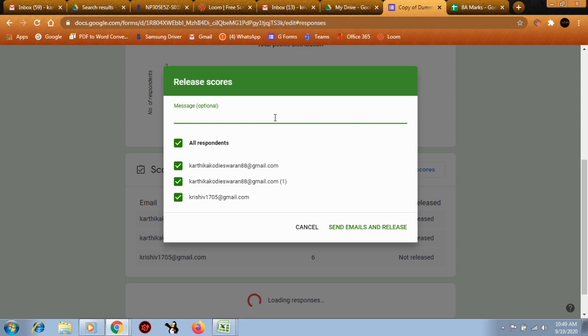If you want to add any messages, you can write something like, this is your computer marks, PT1 marks, computer PT1 marks. This is the message I wanted to send to my students personally when they receive their marks. Now I'm clicking on send emails and release.